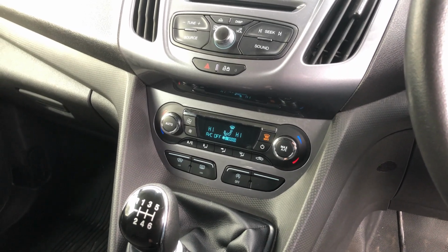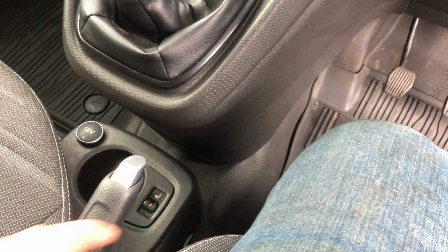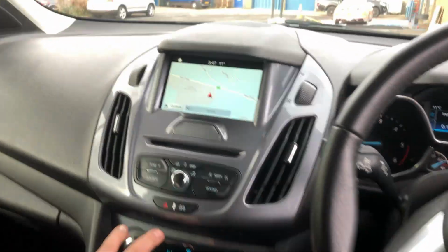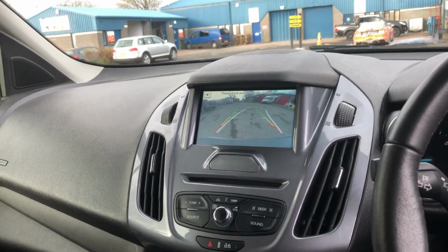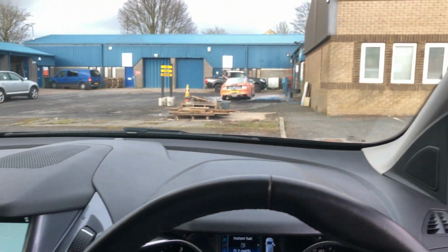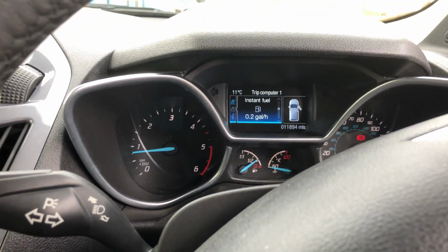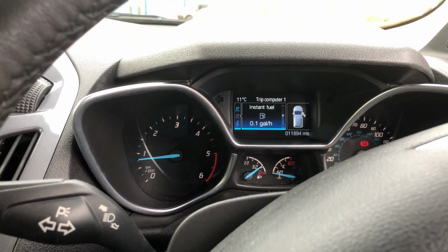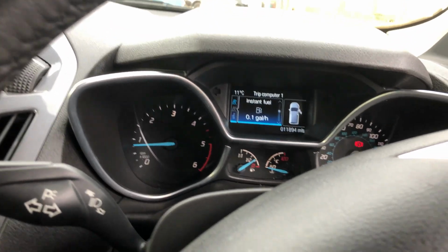dual control, heated seat just there. Obviously, it's got a reverse camera, as you can see. It's got two seats and it's very spacious in the front. As you can see there, 11,894 miles on the clock, which will go up slightly, but